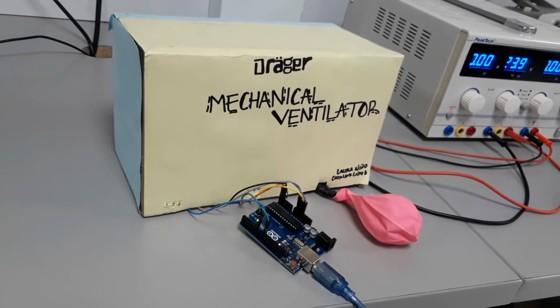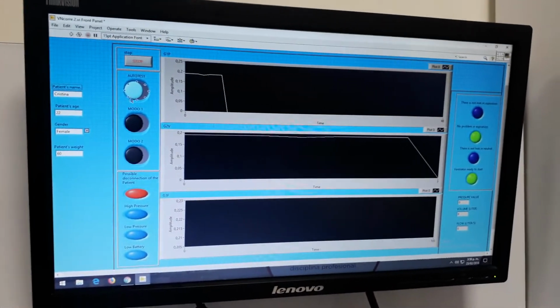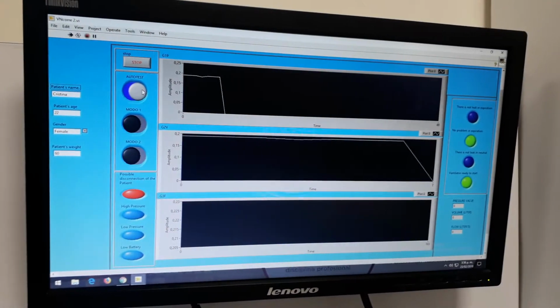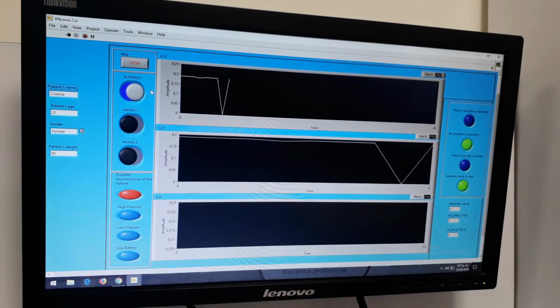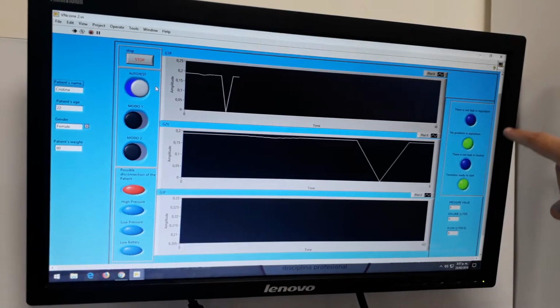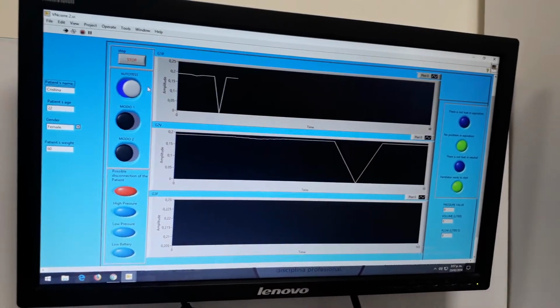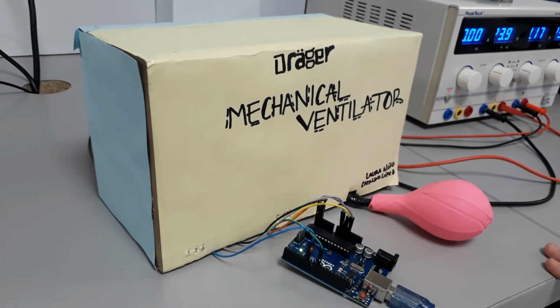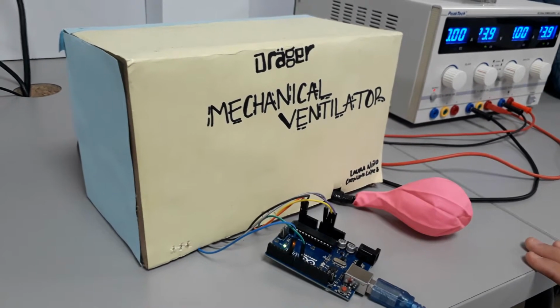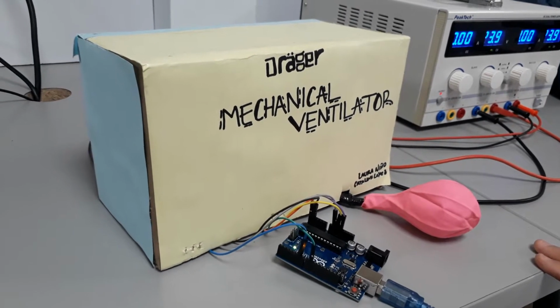This is our prototype of a mechanical ventilator, and this is our interface. In the interface we have first the auto test. The function of the auto test is to evaluate four things: there is no lag in inspiration, no problem in expiration, there is no lag in neutral, and the ventilator is ready to start. The function is doing the on-off system, like we have in the video.